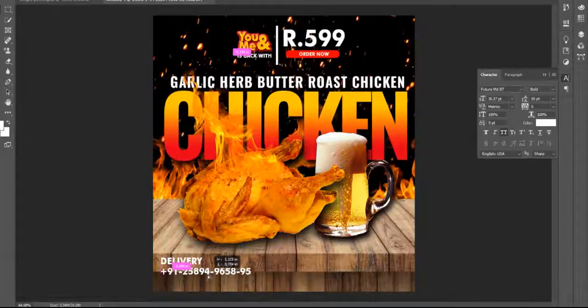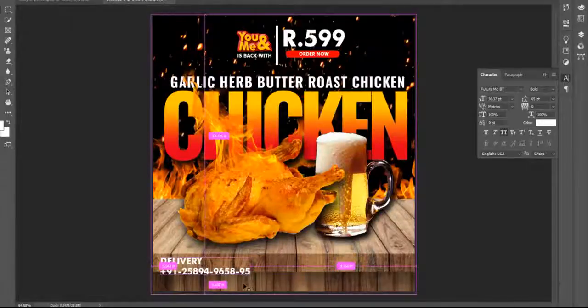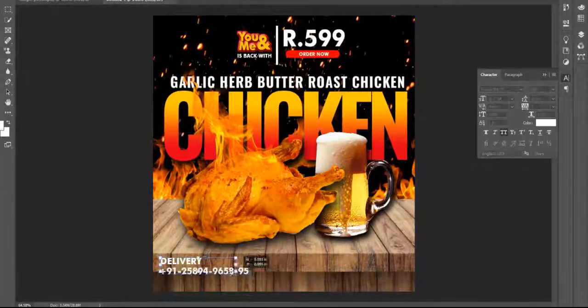Simple, just leave a number and select both of them. Press Ctrl T for free transform and just scale down if you want. I want to write on this one, from delivery.